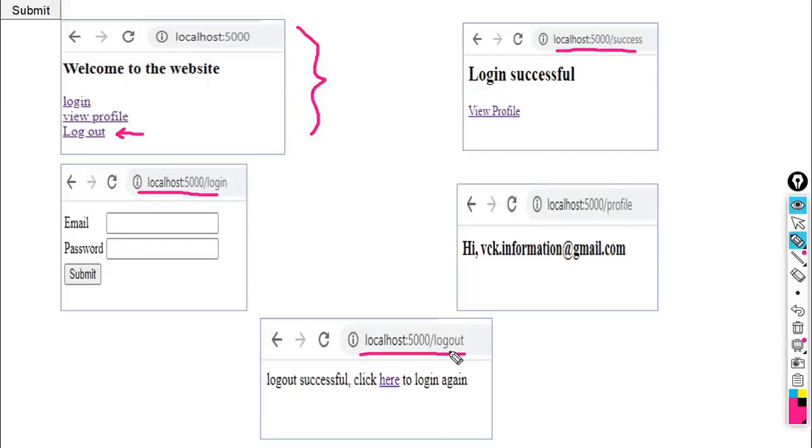When this URL is executed, it will give you the message logout successful, and click here to log in again, because we have provided one more link to log in again. So this is the output of that particular script.